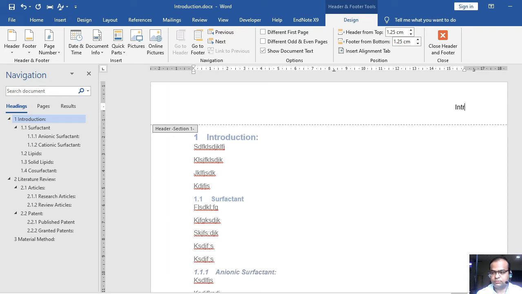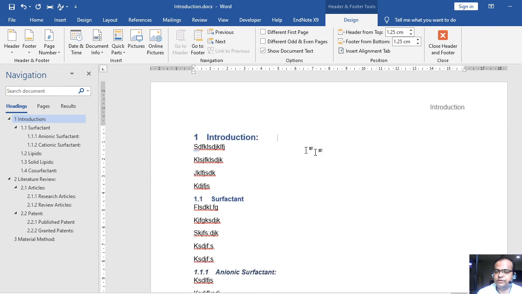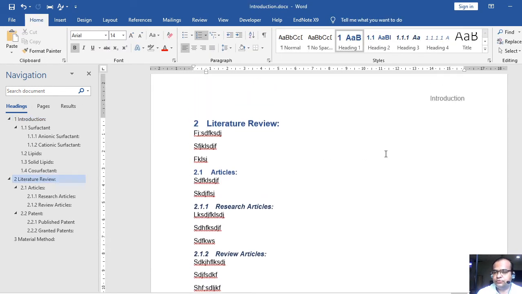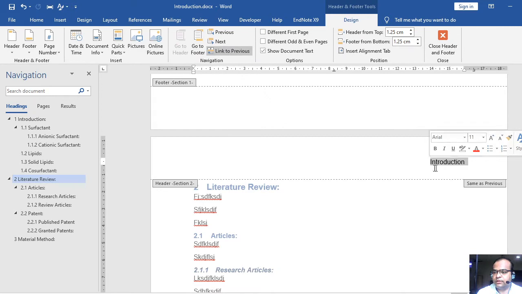Let's do it correctly. So first write your header for section 1, then move to section 2 and just click, and you may find if you double click in the footer section, there will be an option for the footer and the rest of the features.